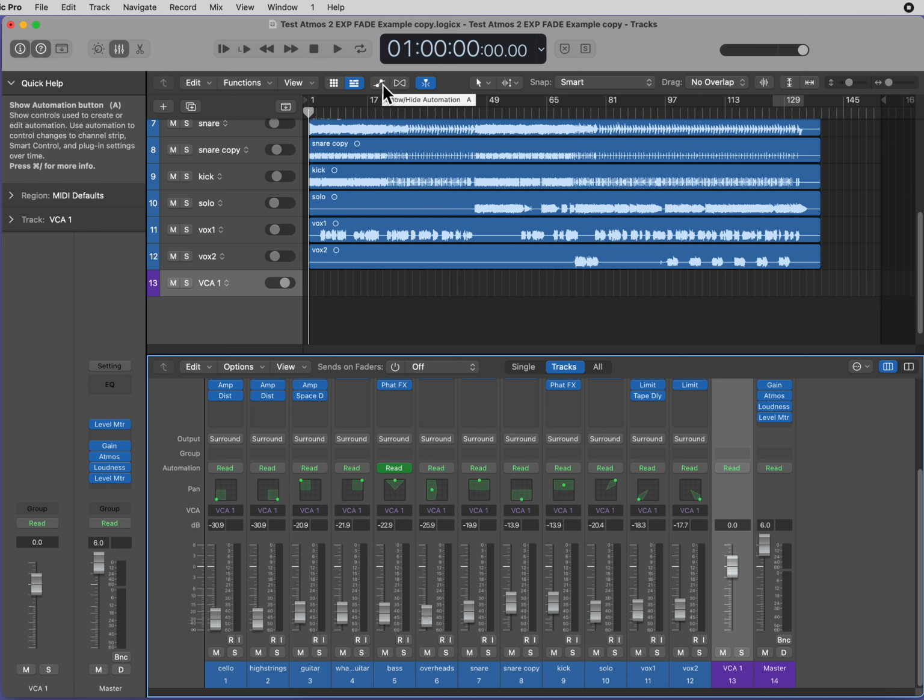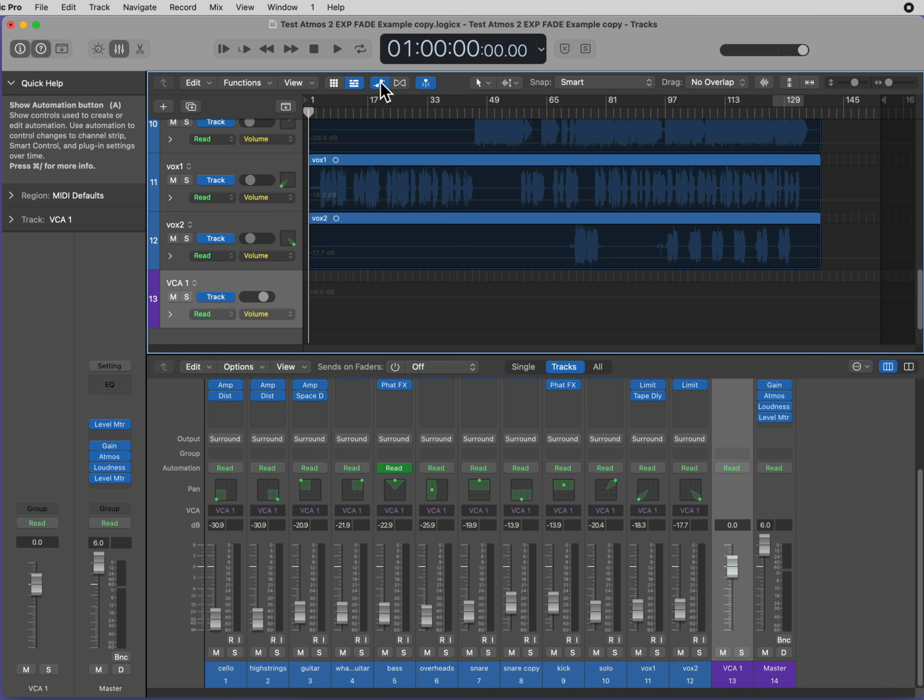And what I'd like you to do is show automation. And when you show automation, you'll see this is automatically selected volume. And you have a grayed outline here, which I want you to click on. Now it's yellow, the universal color for volume control.